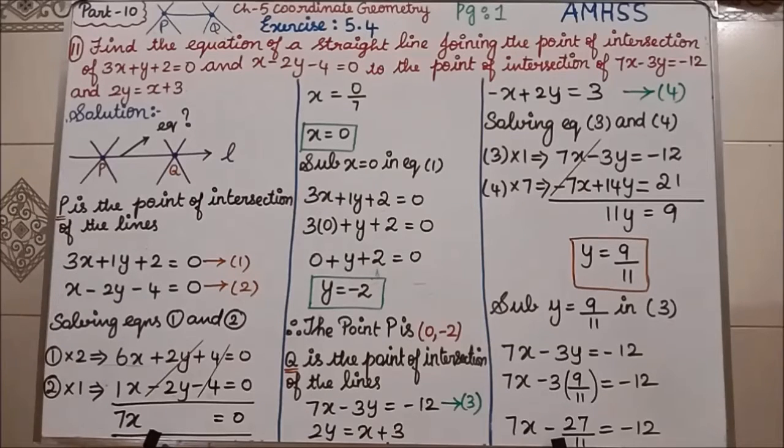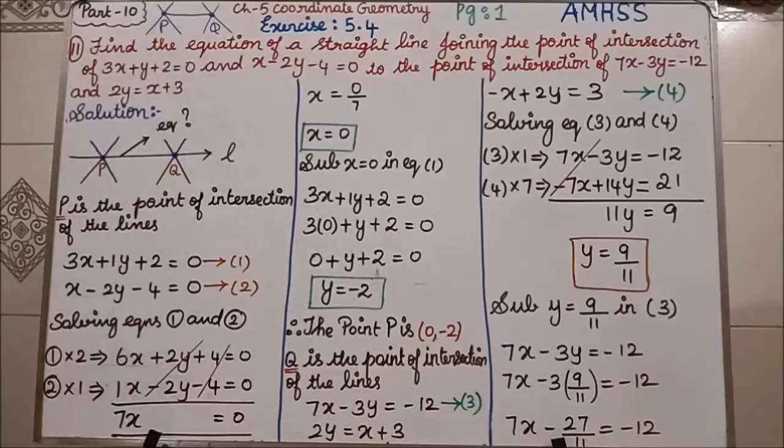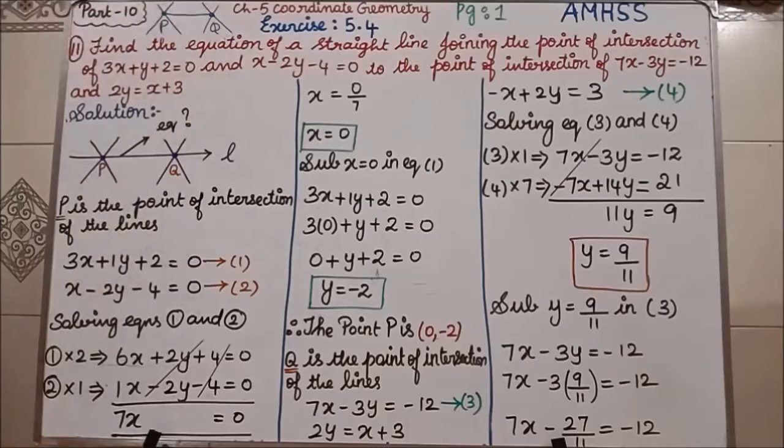Okay, I am going to tell you the idea of the full problem. First, using the first two equations, we are going to solve by elimination method and we are going to find the x comma y. That is the P point we are going to find. Clear? The next step we are going to do is, you are going to find the point of intersection of the other 2 equations by using the elimination method. By that time you will get the Q point.